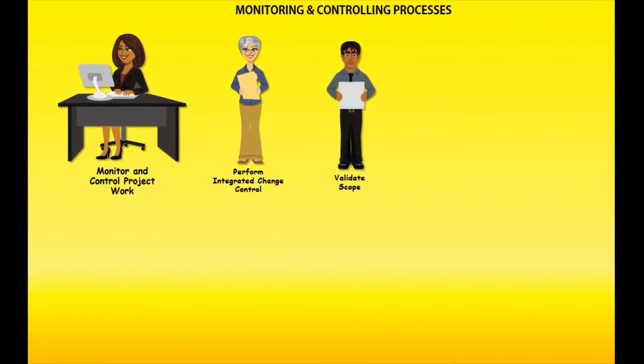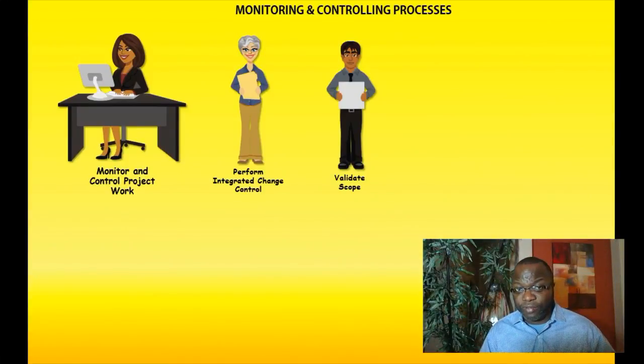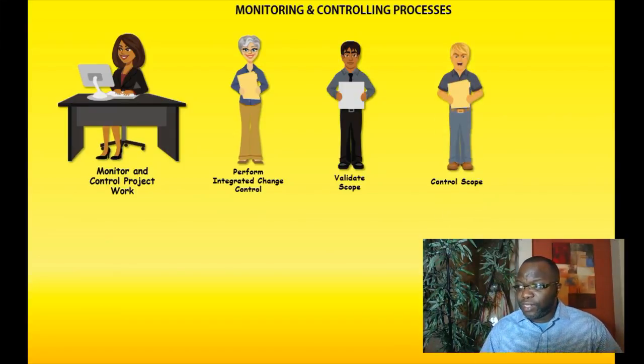Next process here is called validate scope. In validate scope, this is where the customer is checking the deliverable to make sure that it really conforms to what was asked for in the original contract or the original requirements documents. It's called validate scope, exclusively where your stakeholder, most likely your customer, your end user, your sponsor, checks that deliverable to make sure it conforms to requirements. Next process here is called